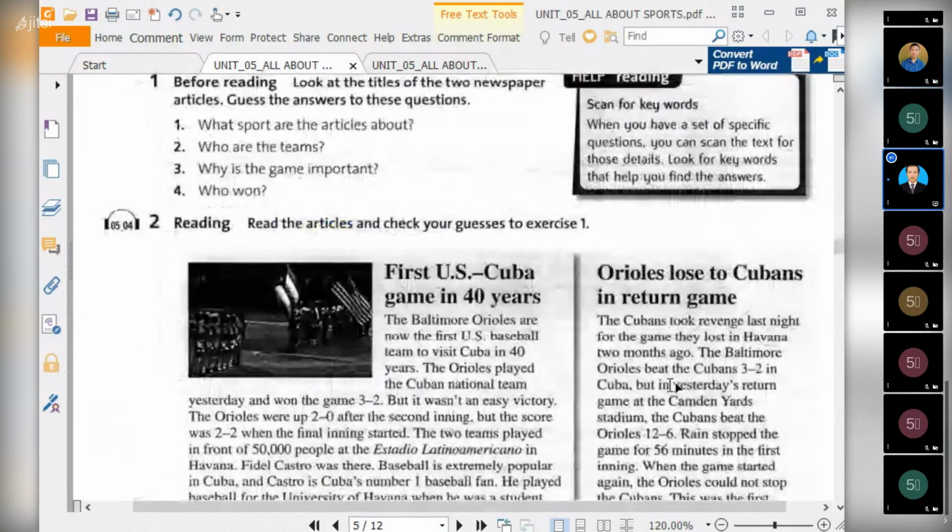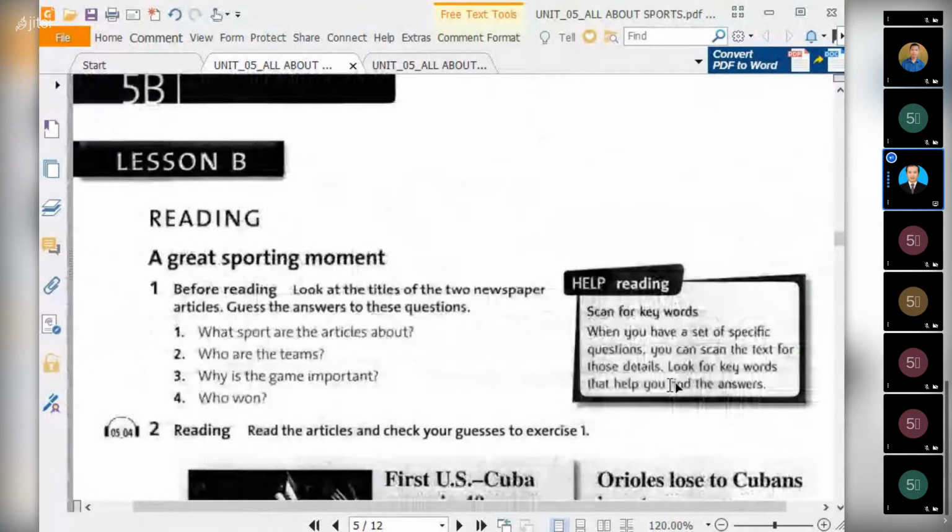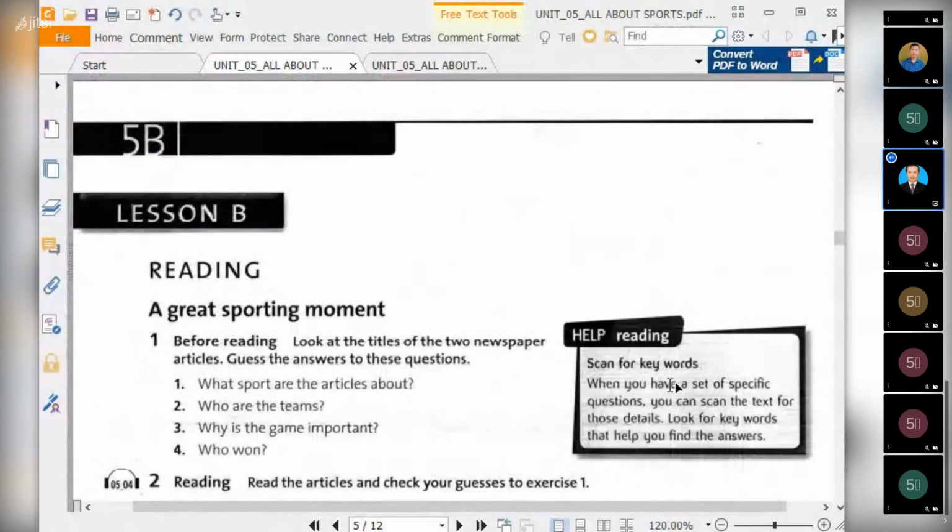Okay everyone, this is an amazing reading. I think if you know the background of the story you may think